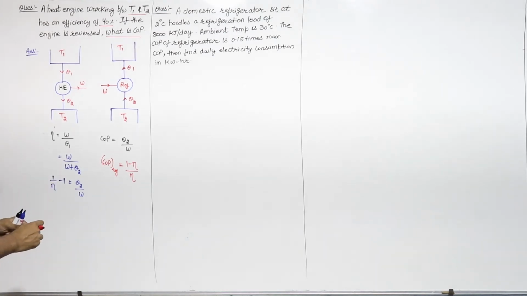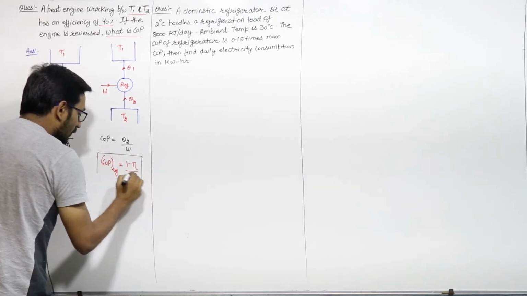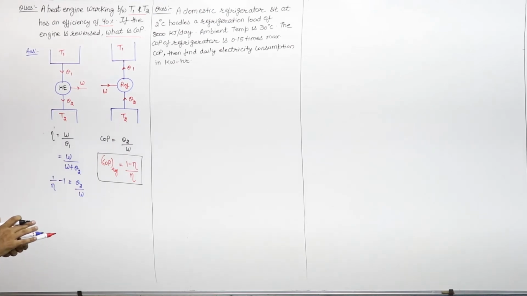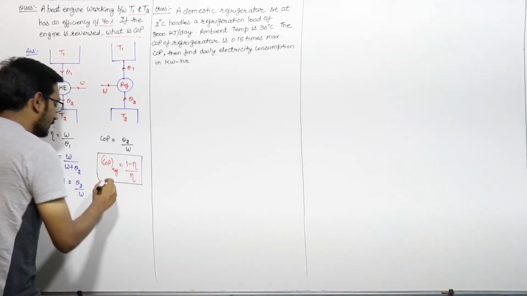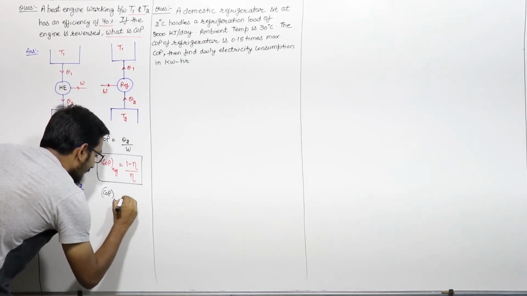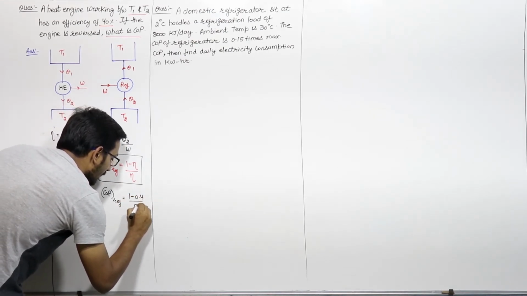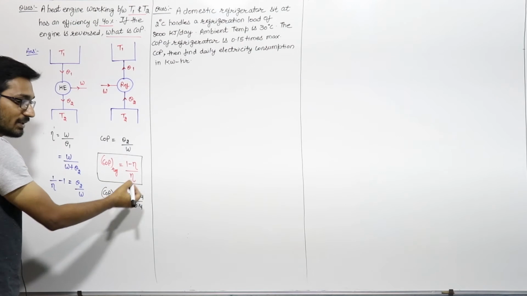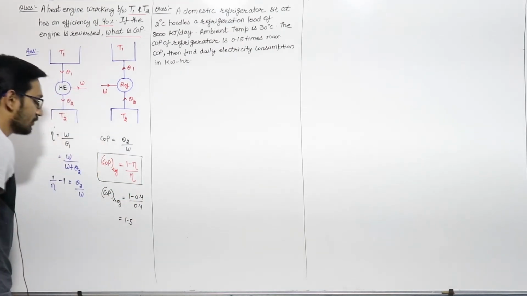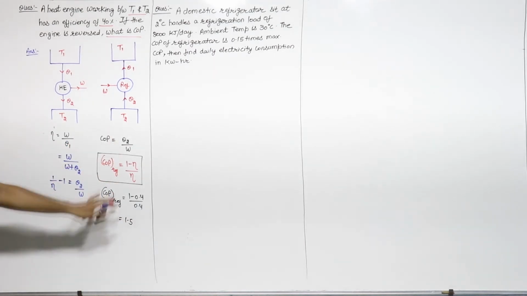working between the same temperature limits. So you have to remember this formula so that you will be able to use it directly in questions like this, right? The efficiency is 0.4 given, so the COP of the refrigerator will be equal to 1 minus 0.4 divided by 0.4, this is 6 by 4, 3 by 2, so this will be 1.5. So the COP of the refrigerator will be equal to 1.5. This is the answer of this question.